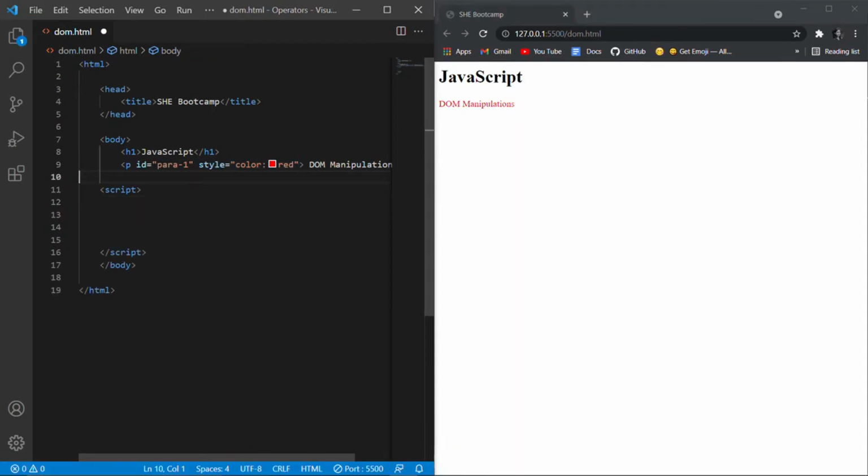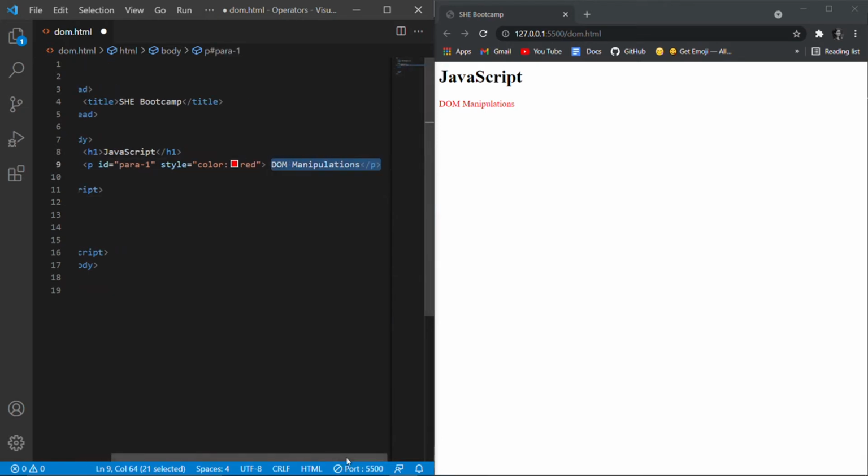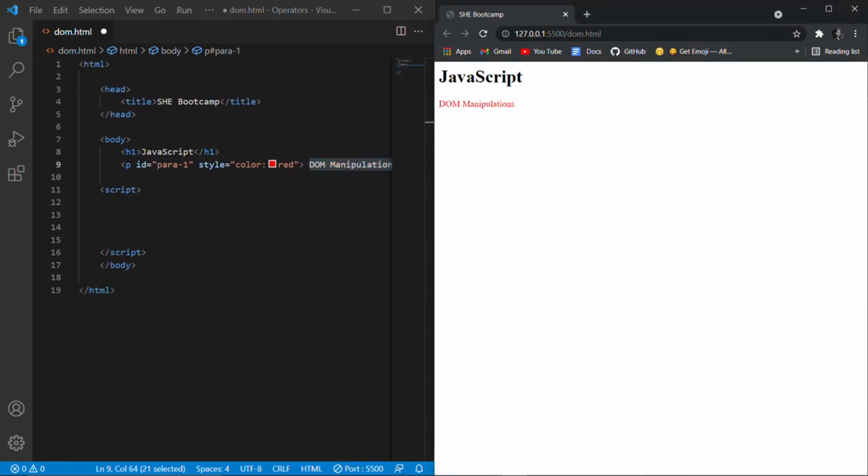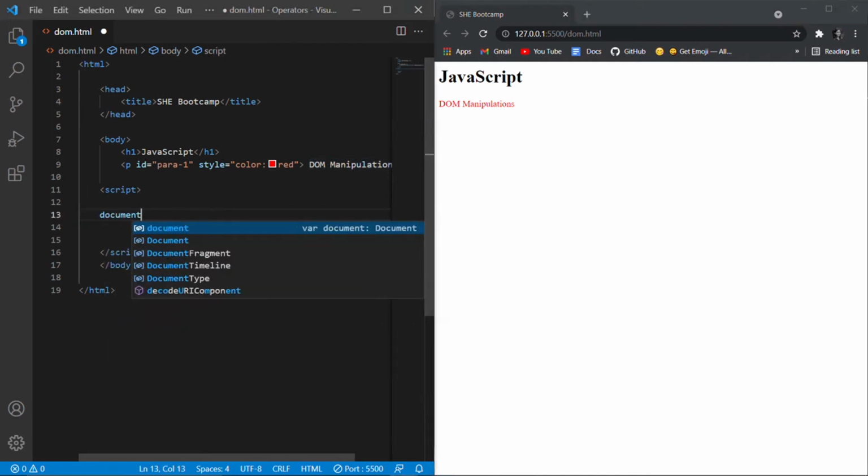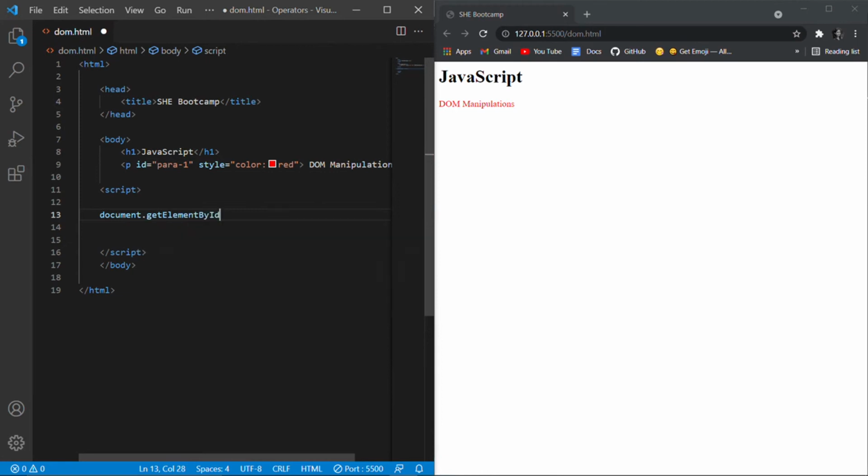Now we know how to change the color, how to access attributes like style, etc. What if we want to access the content written inside this paragraph tag, that is DOM manipulations? For that, write document.getElementById. This is the paragraph of which we want to access the content.